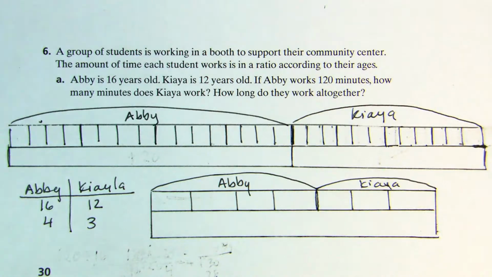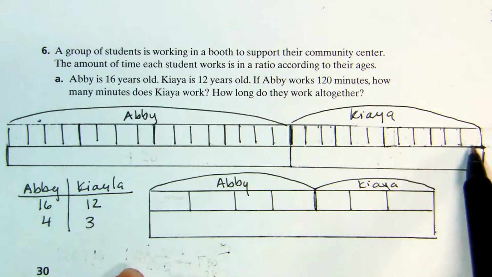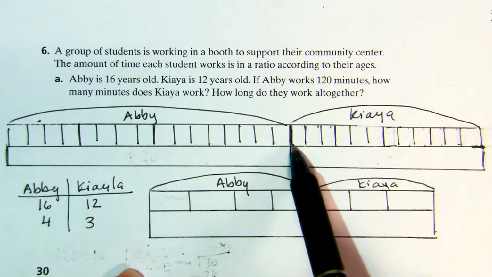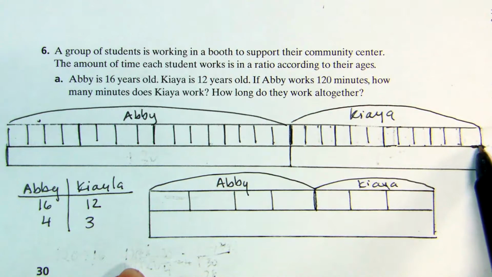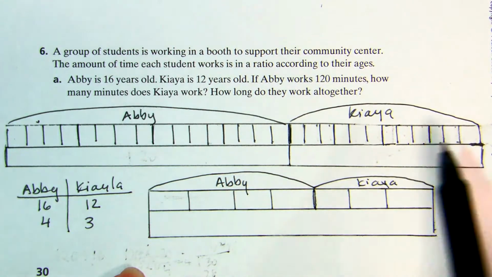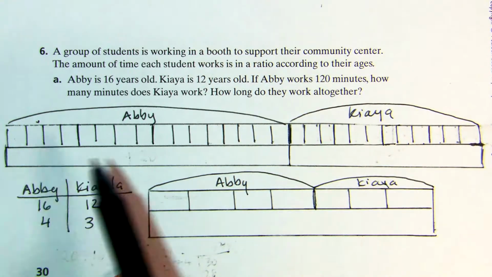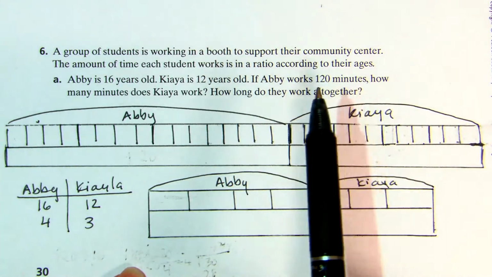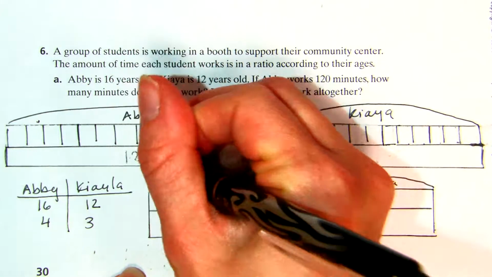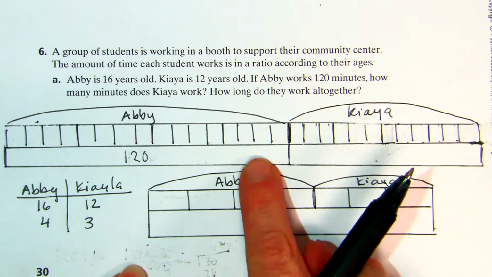In my first tape diagram, I've drawn it all at once, but the first thing that I did was draw a big, long, skinny tape diagram showing Abby and Kiaya, right? Abby is 16, so I gave her 16 segments, and Kiaya is 12, so I gave her 12 segments. Then I decided I'm going to add another layer of my tape diagram down here because I know that Abby has also worked 120 minutes, right? So Abby's section is also equivalent to 120 minutes. So I drew a bar that was as long as Abby and put in 120 minutes,